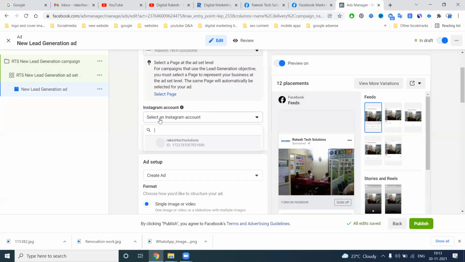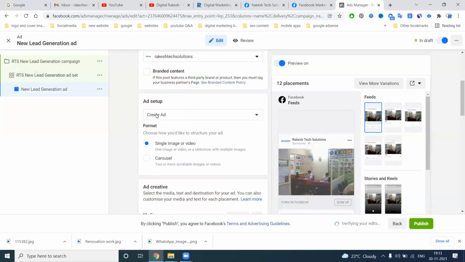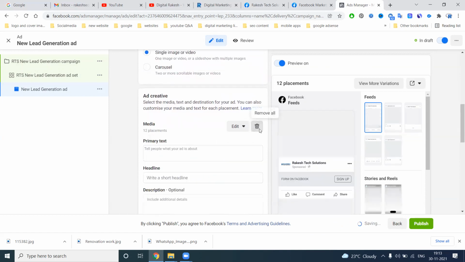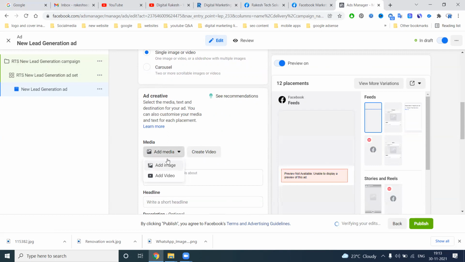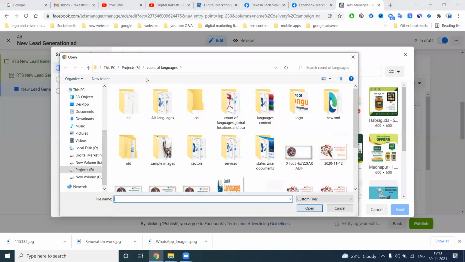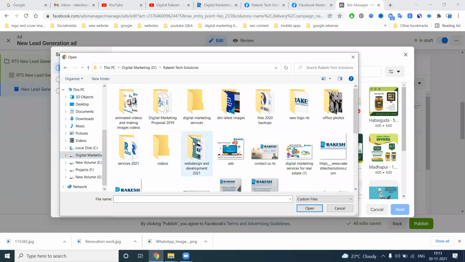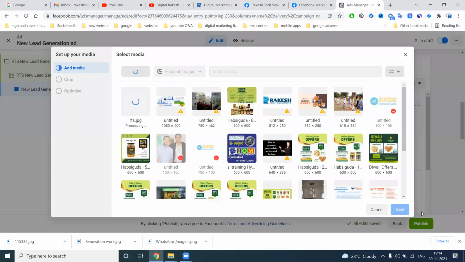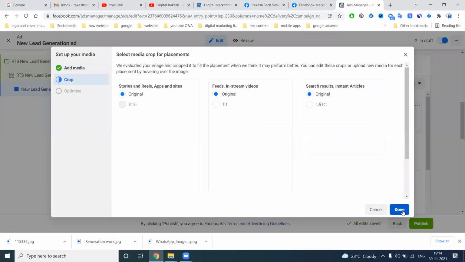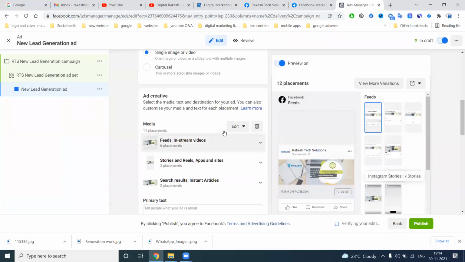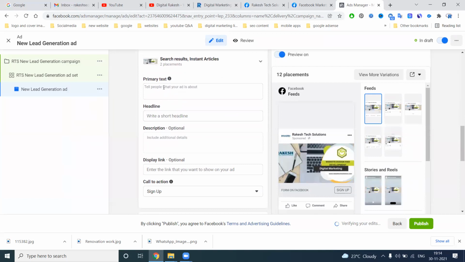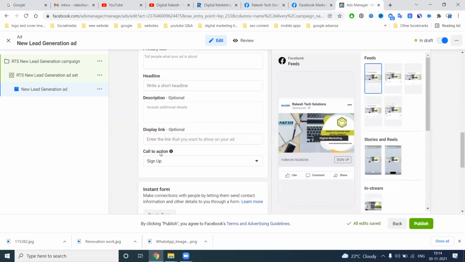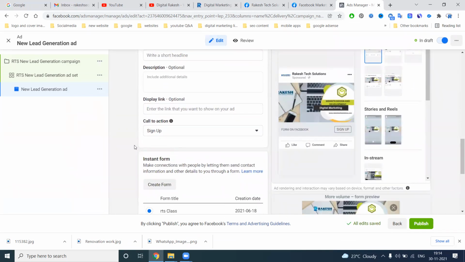So here, create ad. Usually here in this image, you can select upload image. Form, primary text, headline, display link here, and the option name is called sign up.